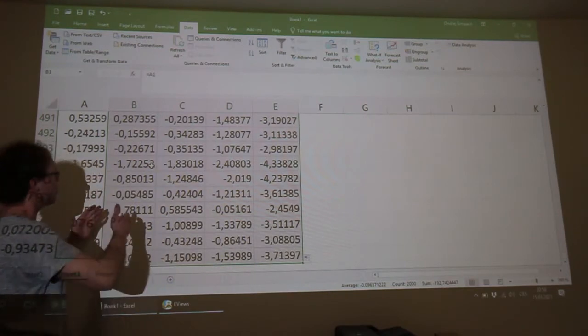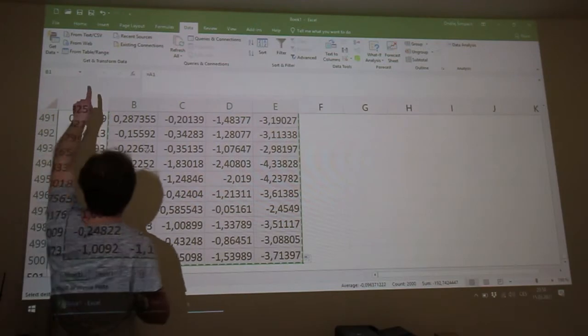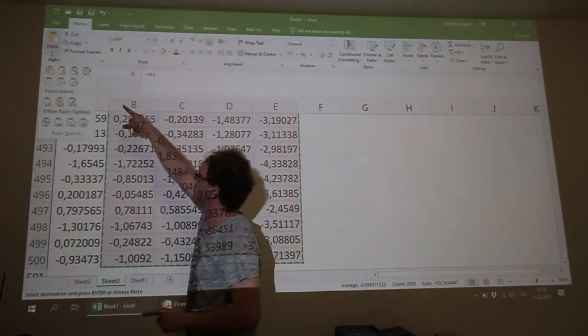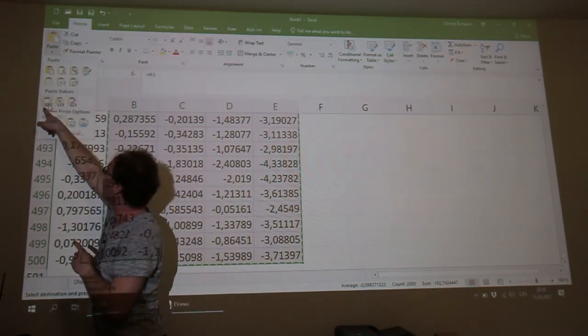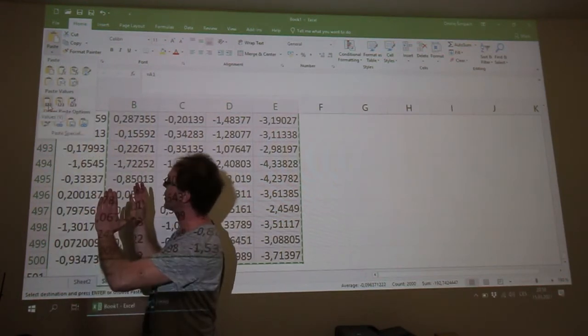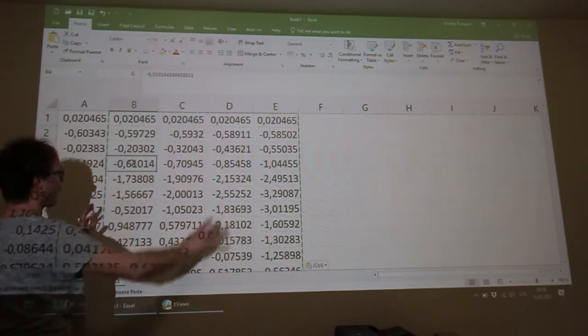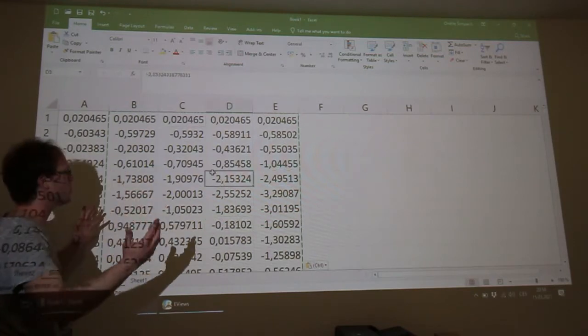So we will use copy, Control C, and on the home tab we have paste, and we will paste values only, paste values. So now we don't have formulas in this matrix of 2000 values.